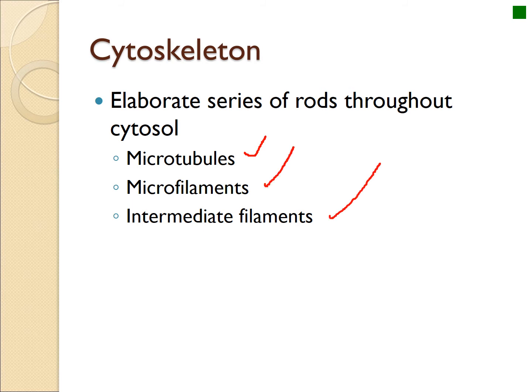Basically these are proteins that can do a variety of jobs, including transporting things throughout the cell. They can be used in endocytosis and exocytosis to help the cell pocket off vacuoles. They're also involved in changing the shape of the cells,